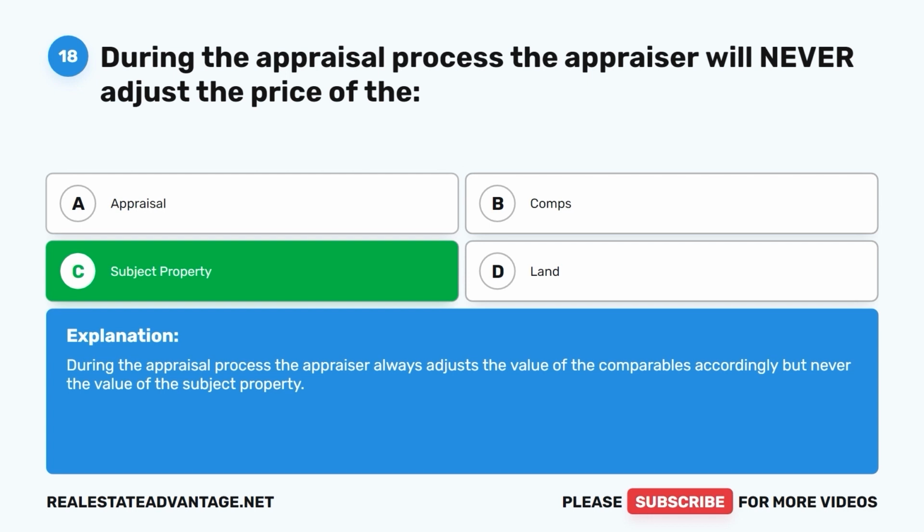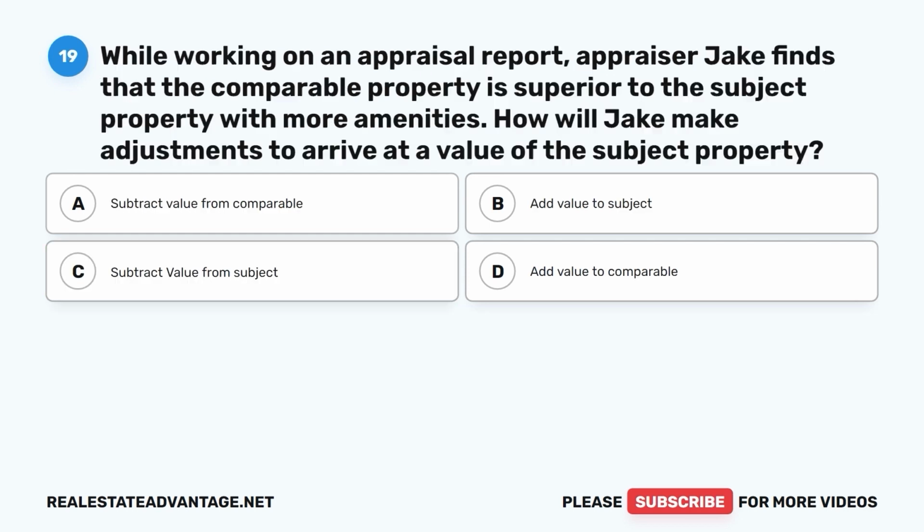During the appraisal process, the appraiser always adjusts the value of the comparables accordingly, but never the value of the subject property. Question 19. While working on an appraisal report, appraiser Jake finds that the comparable property is superior to